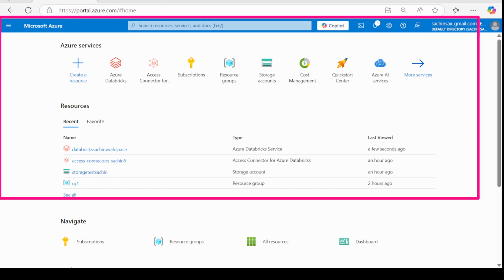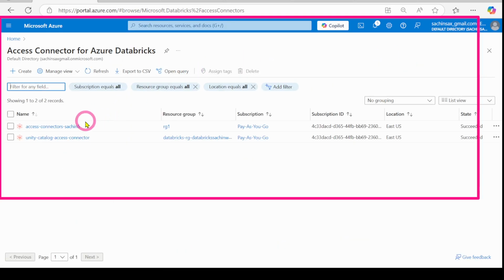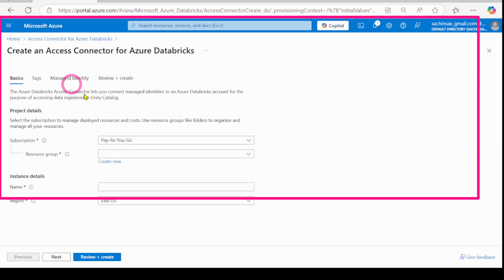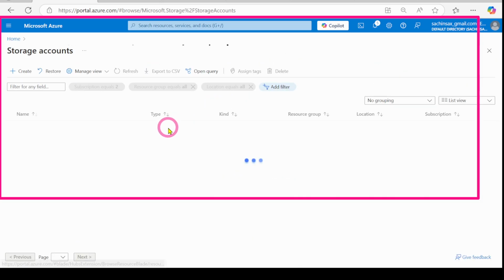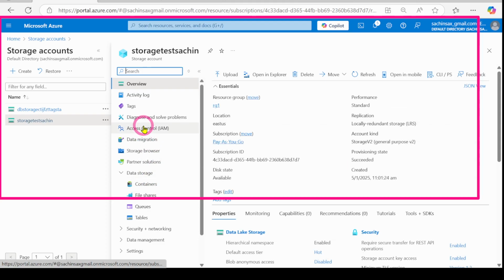So how do we connect this access connector for Databricks? You have to go back here and search for access connector for Azure Databricks. Create a new access connector. As I already have this access connector, I'm not going to create it, but you can. And now I'm going to give access to ADLS Gen 2 through access control IAM. So I'll go back inside this storage account and click on access